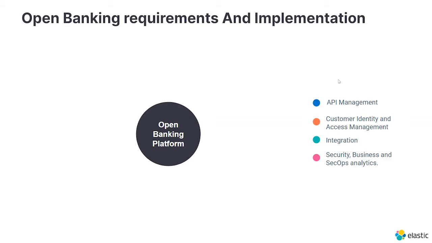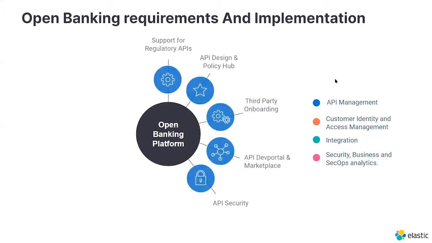We're talking first about API management. As I said, the main asset we will be using to trade this information and communication channels will be our APIs. Since these APIs are so important, we need to provide better ways to secure them, to have observability and governance over them: how many calls are happening, what is the latency of the backends of these APIs. It would also be very interesting to provide a single platform where the developers who are going to consume these APIs can do everything they need, which we normally call an API dev portal